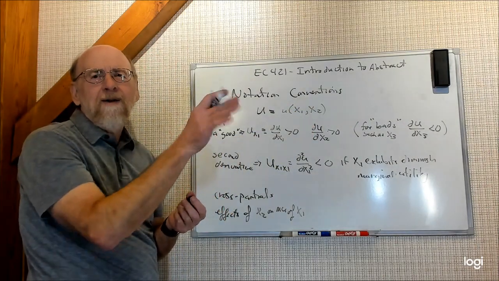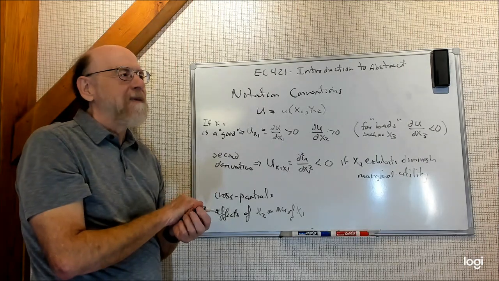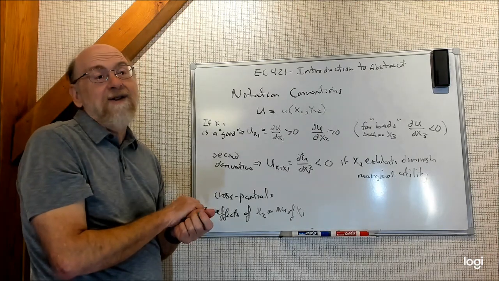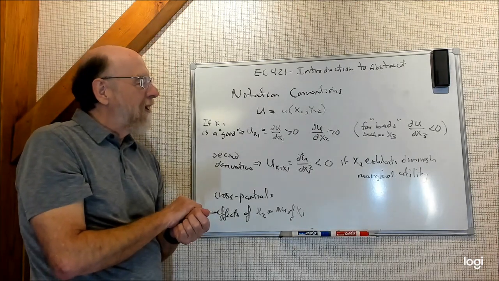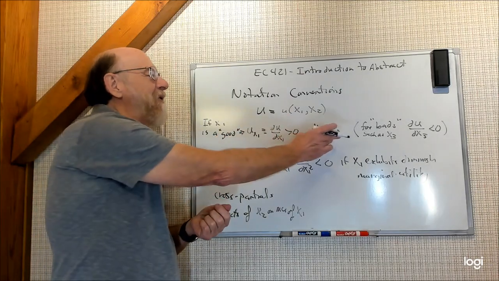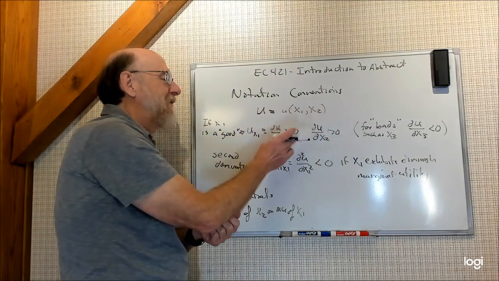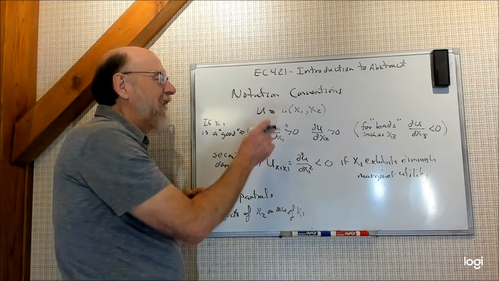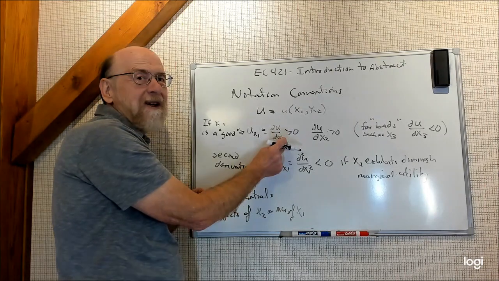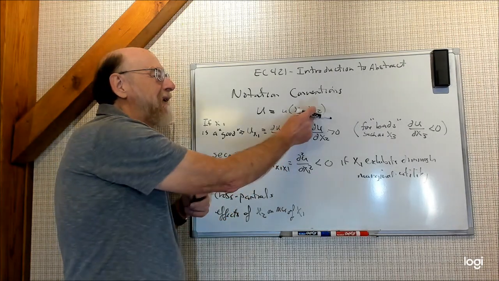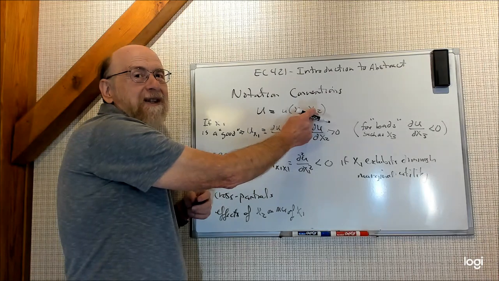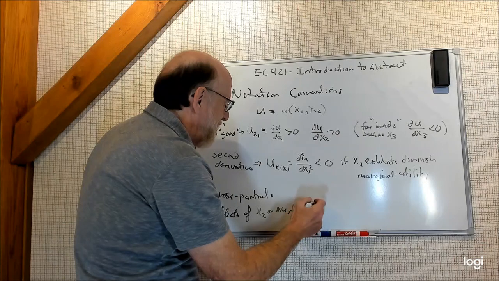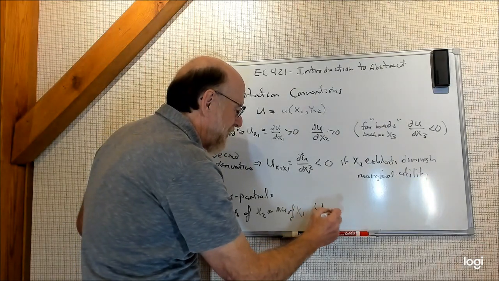And that's true for all those exponential functions we've messed around with. There's always been an x2 in that characterization of marginal utility of x1, and vice versa. Well, if I want to know how this variable affects this marginal utility, then I want to look at something called the cross partial. I want to take this derivative here and take the derivative of it with respect to the other variable I'm interested in here, x2. So if I want to write that in notation terms, I write u x1 x2,